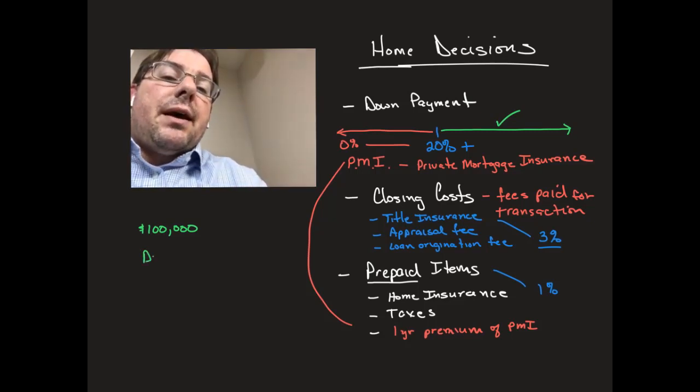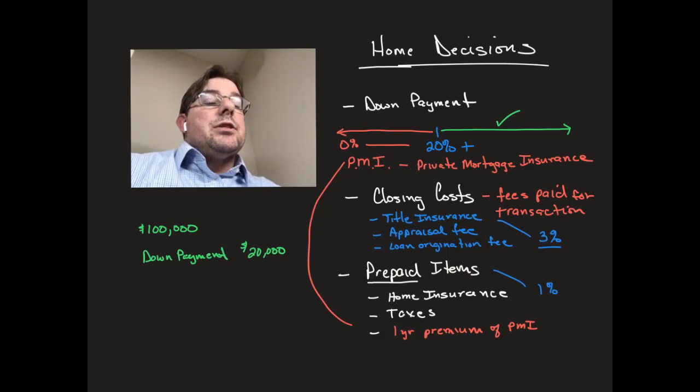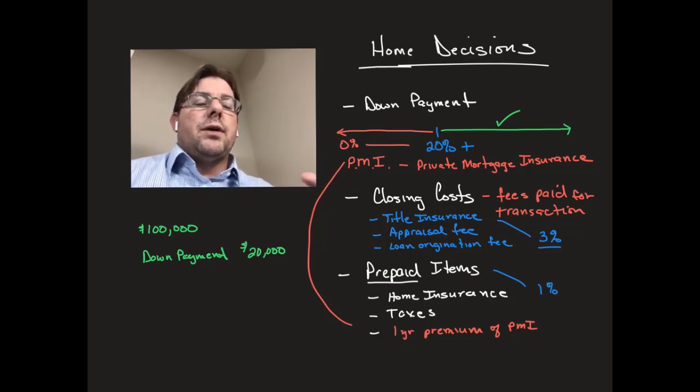The first thing is we're going to have our down payment. And let's say that we actually abide by the rule and we're going to put down 20%. So we're going to put down $20,000. Okay. Next thing is we're going to have to make sure that we pay our closing costs. Now, before I get into all the details and have students say that this is incorrect, all of these things are negotiated between the buyer and the seller. So just because I'm stating that the 3% closing costs is there, doesn't always mean that the buyer is going to be the one to pay that fee.